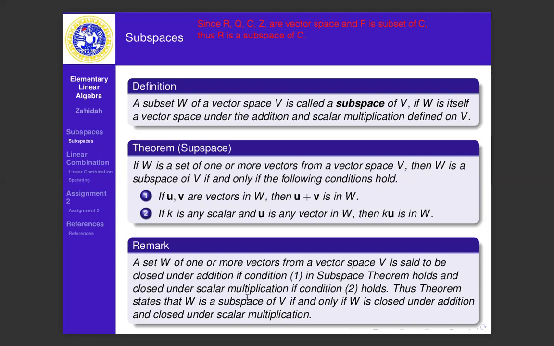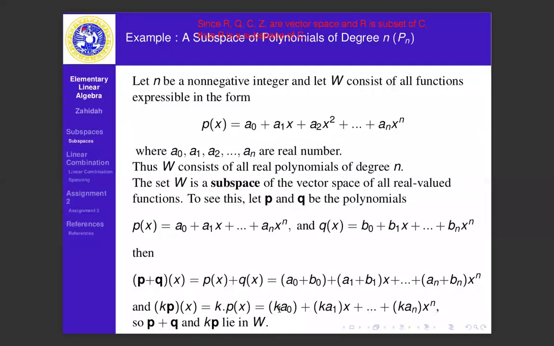Okay, this is our remark. The first condition we can call closed under addition, and the second condition we can call closed under scalar multiplication. So it means if you want to show that a subset of a vector space is a subspace, we just show these two conditions only, not ten anymore. Okay, for the example,